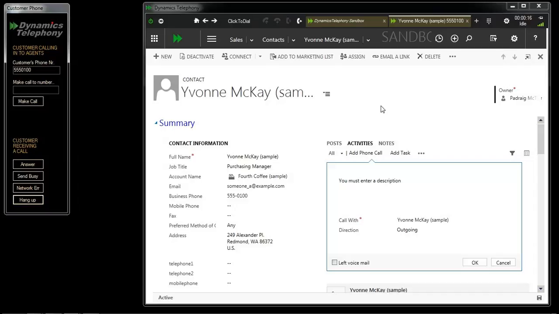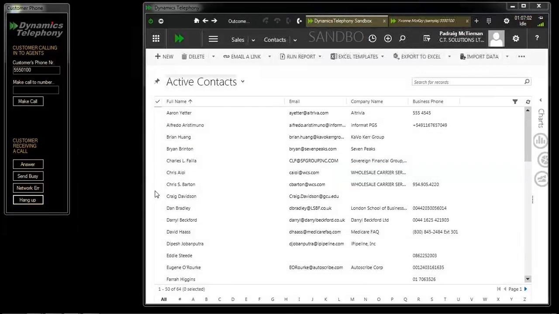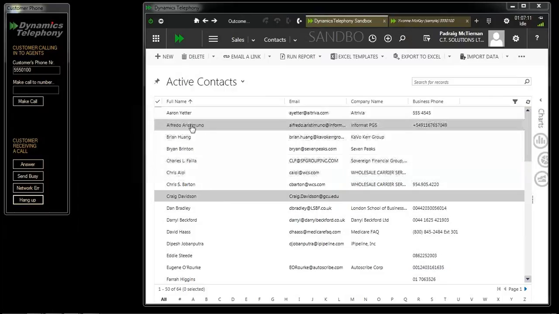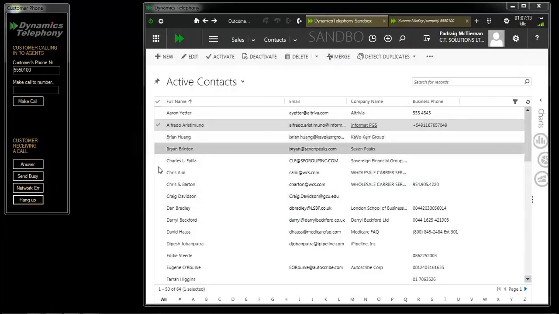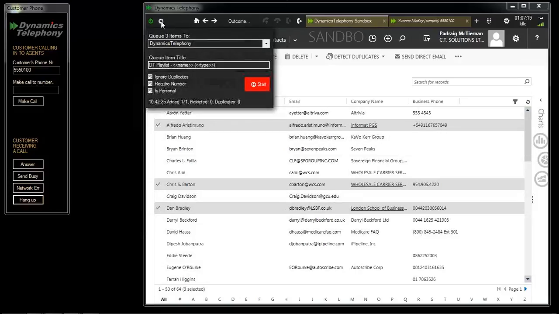Next thing I'm going to do is your personal auto dialer. So anywhere in CRM that you have a list, maybe it's contacts, maybe it's phone calls, maybe it's leads, you can select all or some items in that list and load them into your auto dialer. So I'm just going to select 2 or 3 here. The auto dialer button is up here,